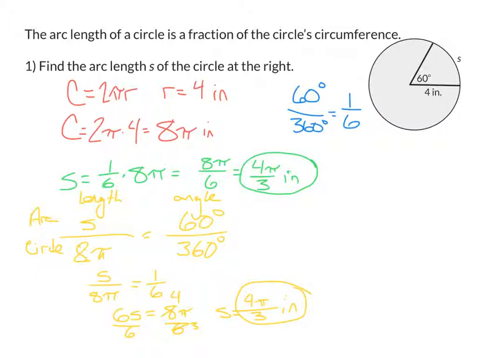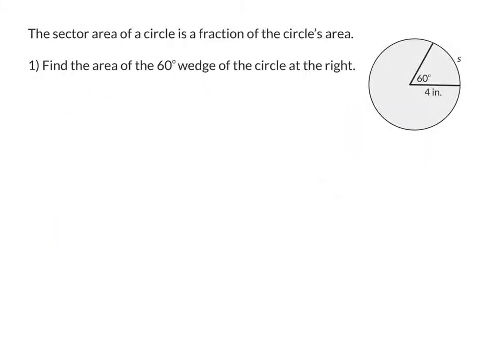Okay, let's talk about area of a sector. In this problem, I want to find the area of this piece. So it's the exact same circle. We still have a radius of 4 inches. The wedge in question here is 60 degrees. So again, like the first one, there's many ways to do this, but the first thing we need,